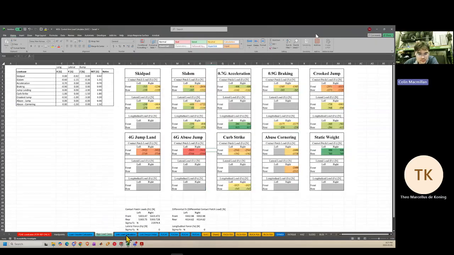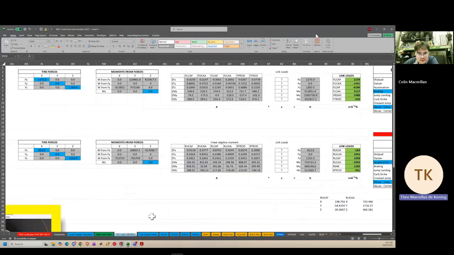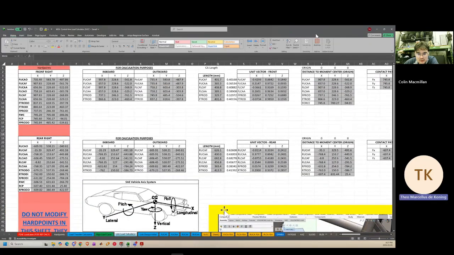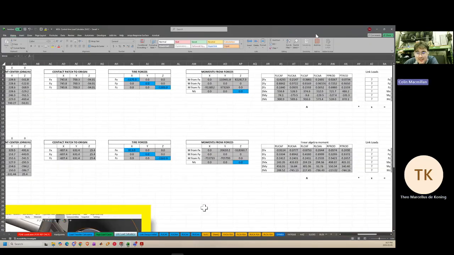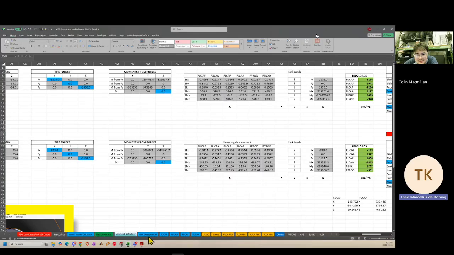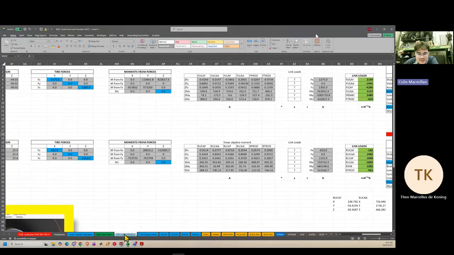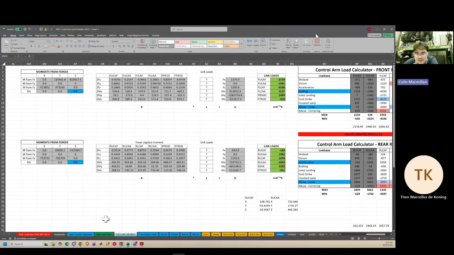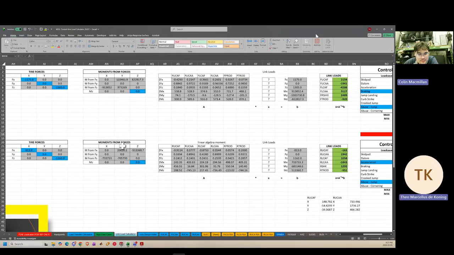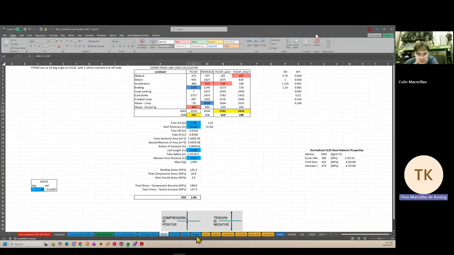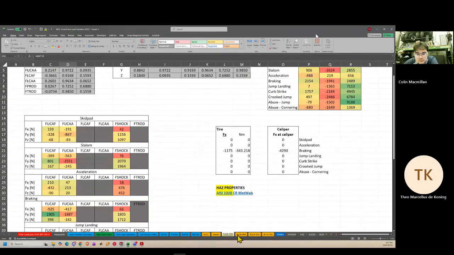Yeah, sick. The real heavy math happens on this sheet here. That is one inverse matrix. Yeah. Ooh, tough stuff. But it's built and it works. Nice. Yeah, so then